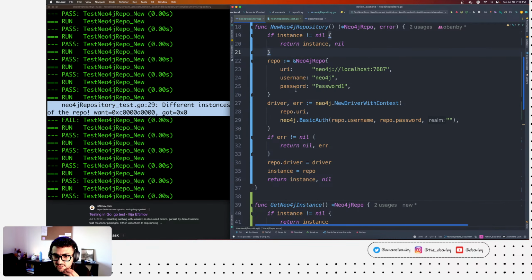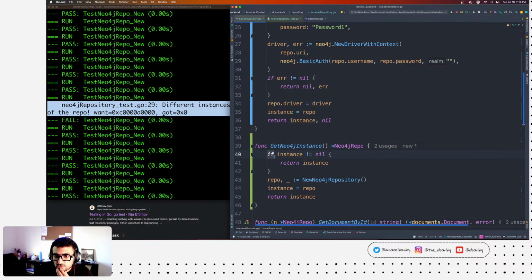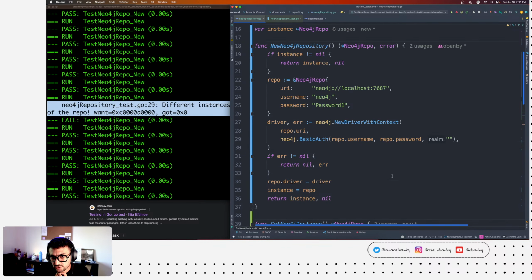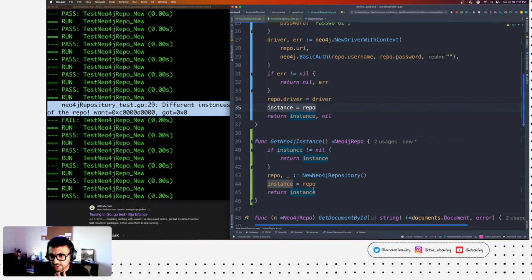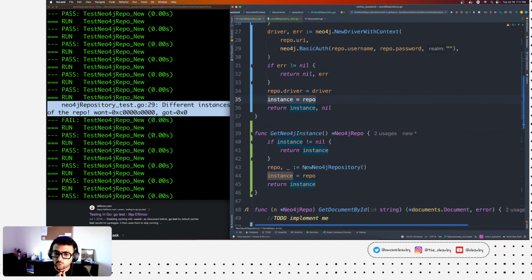But the point is, when you're here, you're saying, okay, instance is still nil, so I'm going to go and create one. And of course, instance is still nil, so you actually create it, run the driver, and then you assign the instance, right? But we didn't account for concurrently running code.